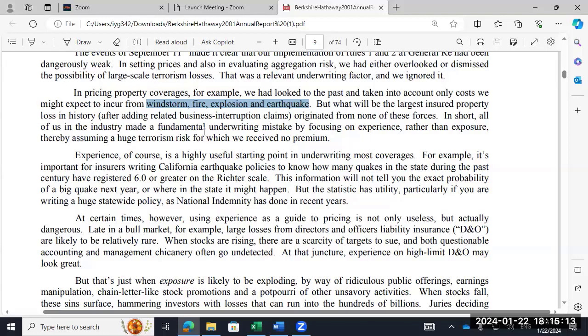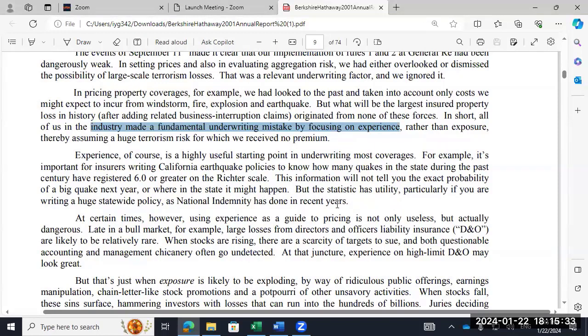So what do you do when there's no experience? What will be the largest property loss in history? We had none of those forces. All of us in the industry made a fundamental mistake of focusing on experience. So you might put that in your paper. The industry mate, isn't that a great sentence? Doesn't it tell you